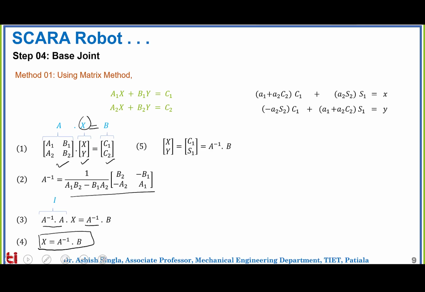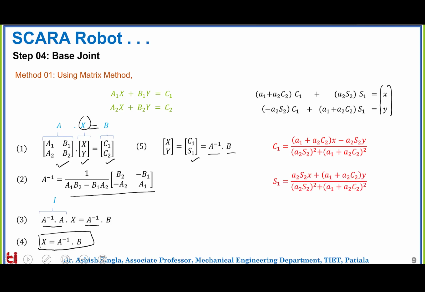So we'll follow similar steps. The x and y vector in this equation is c1 s1, and we can formulate this A matrix, take the inverse and multiply it with b. This is our b. We calculate c1 as this and s1 as this, and you can see that using method 1 or method 2, both the answers remain the same.